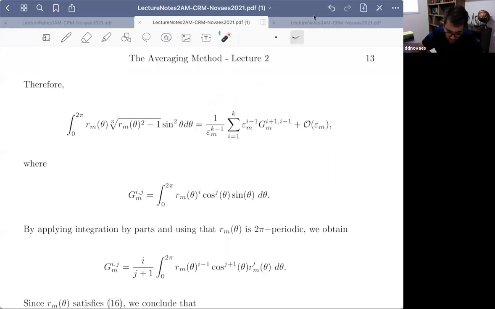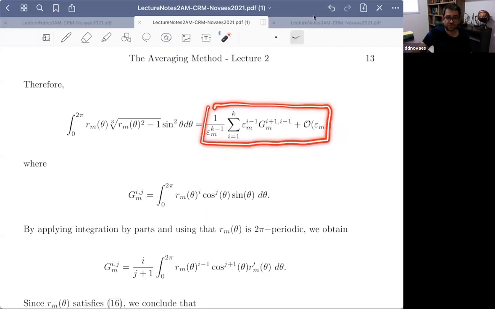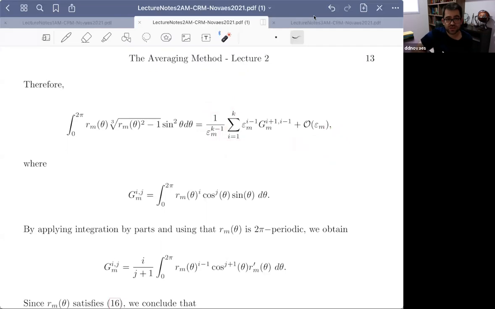So here we have 1 divided by epsilon m power k minus 1 multiplied by this power series of epsilon. So the idea here is to see that the right-hand side of this relation goes to 0 as m goes to infinity. So here we have to be careful